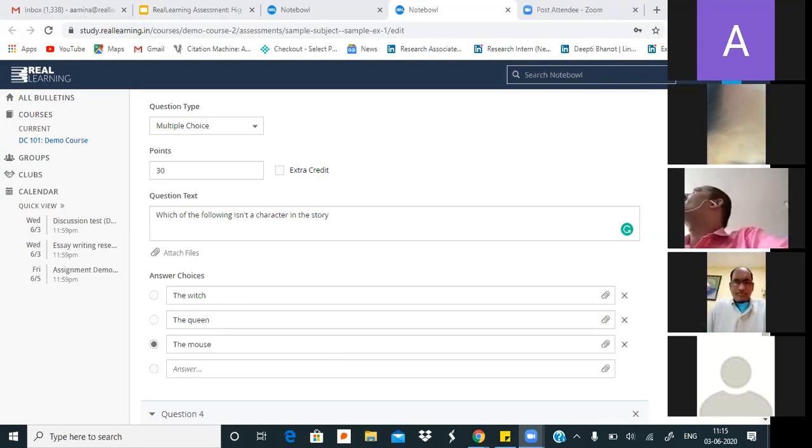So right now, we're looking at assessments. We'll be going through grading as well as how students attempt a test, so we will be going through everything. Right now, I'm just showing how teachers create a question and how many features they actually have that they can use to create a test the way they want to do it.